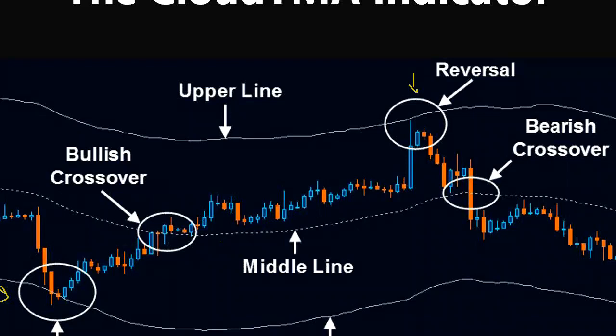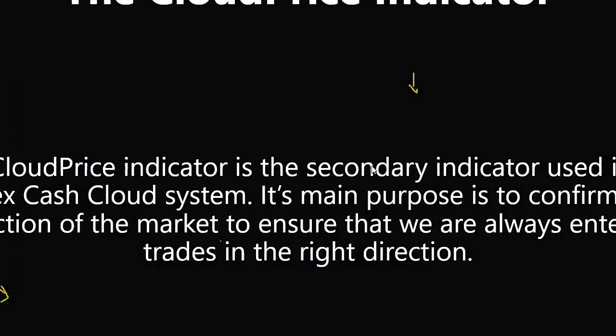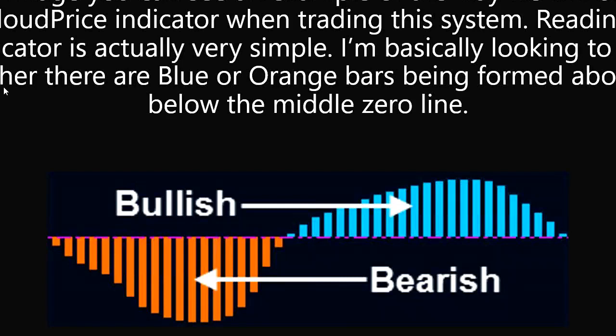All right, so let me just go back to my chart. Now, one other thing I need to do is just erase those marks. Here we go. So the cloud price indicator. This is the other indicator that we've got on our charts, and it's a secondary indicator used in the system. Its main purpose is to confirm the direction of the market to ensure that we're always entering trades in the right direction. On the image, you can see an example of the way we'll be using the cloud price indicator